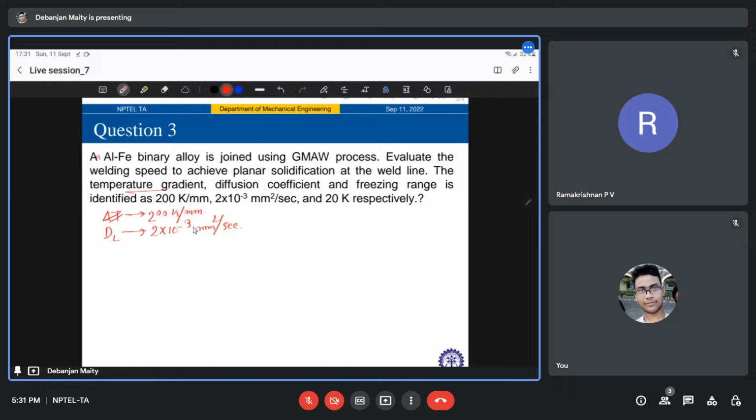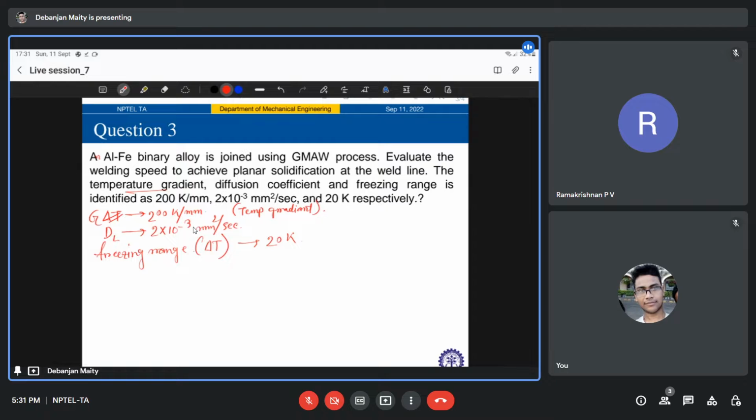Sorry, this should be the G, right? This is my temperature gradient. My freezing range is given as 20 Kelvin. So what we know